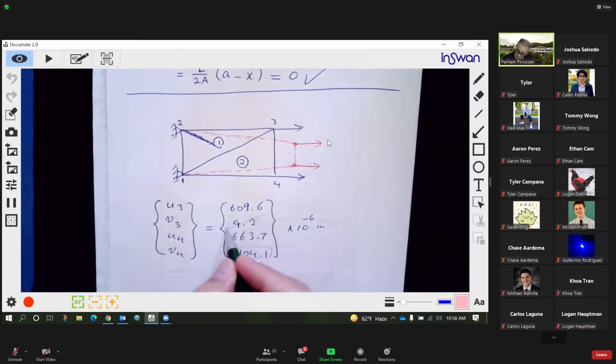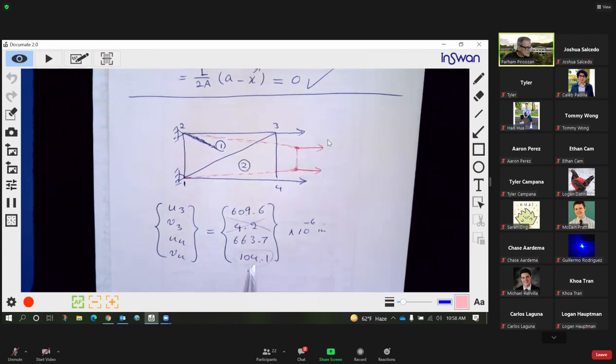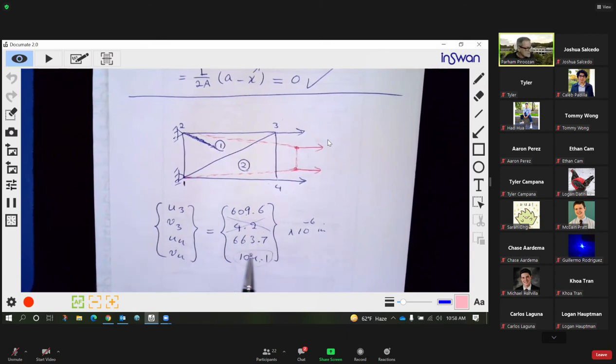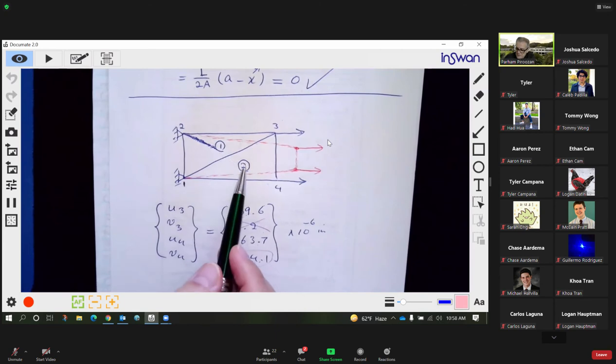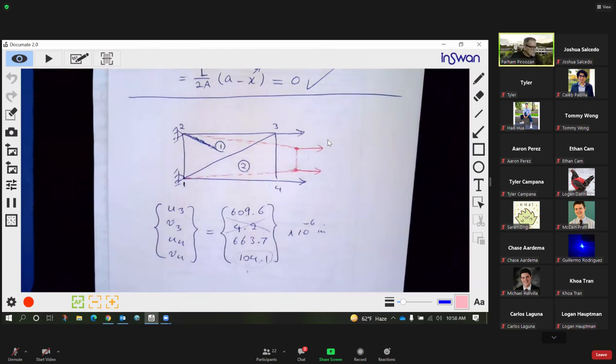We cannot have positive displacement. And these two, numerically, should be the same, but it should be negative and it should be positive. So overall, the result is not very good. We can attribute this to the very coarse meshing. We just selected 2 elements. So let's look at the stresses. Let me share the